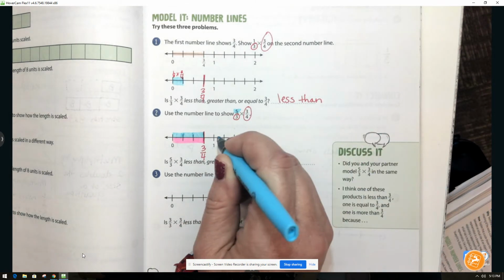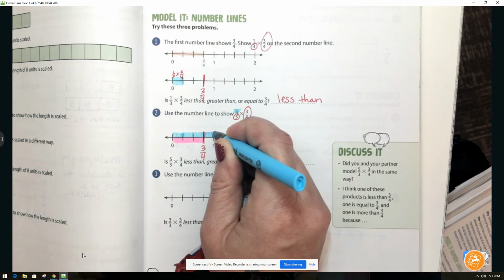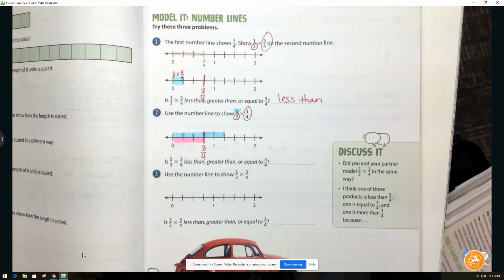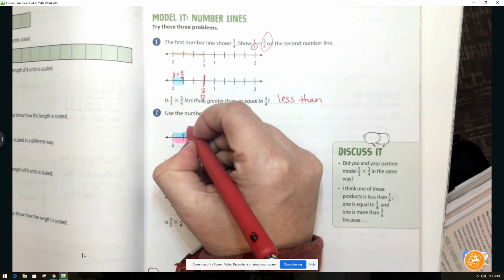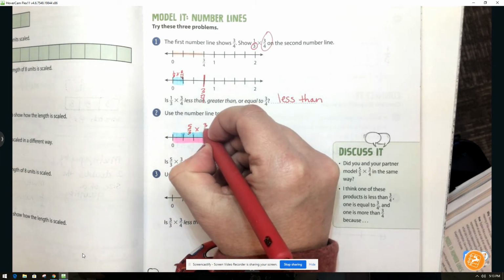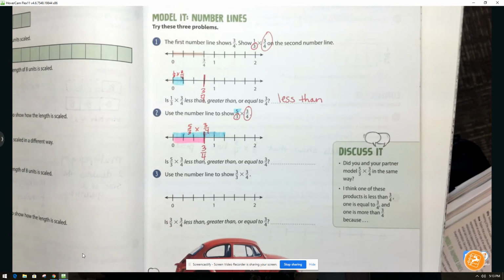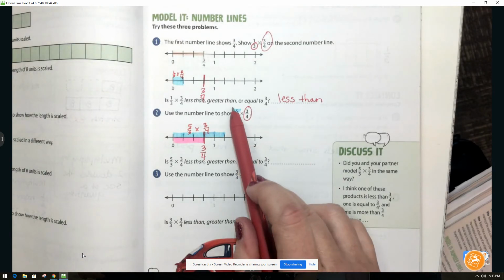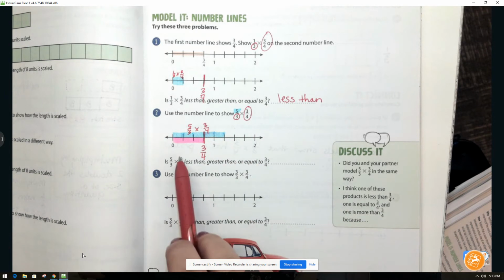I'm going to need 2 more equal parts. So I'm going to add 1 more equal part and 1 more equal part. So the blue line shows us 5/3 of 3/4. So when we look at that blue line, which shows us 5/3 of 3/4, or 5/3 times 3/4, is